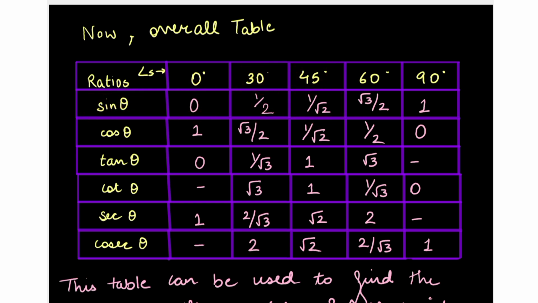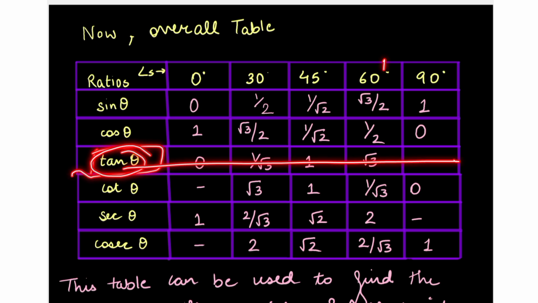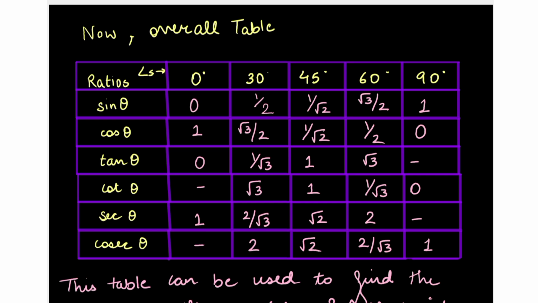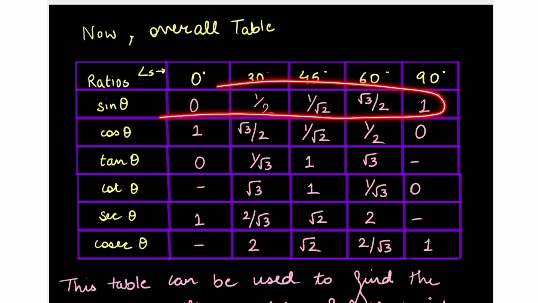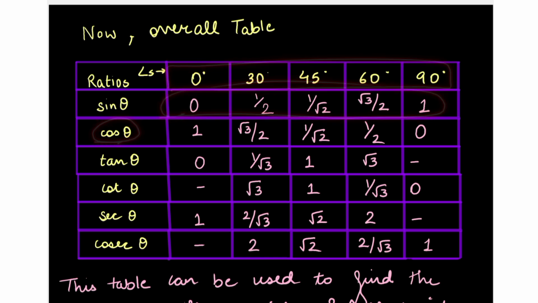We can read this table as such: tan 60 degrees, at this intersection, is root 3. So it is very easy to remember this table, as you can see that these are the 5 angles which follow a very nice pattern. So if we know the values of sine theta, for cosine theta, keeping the angles same, we can just